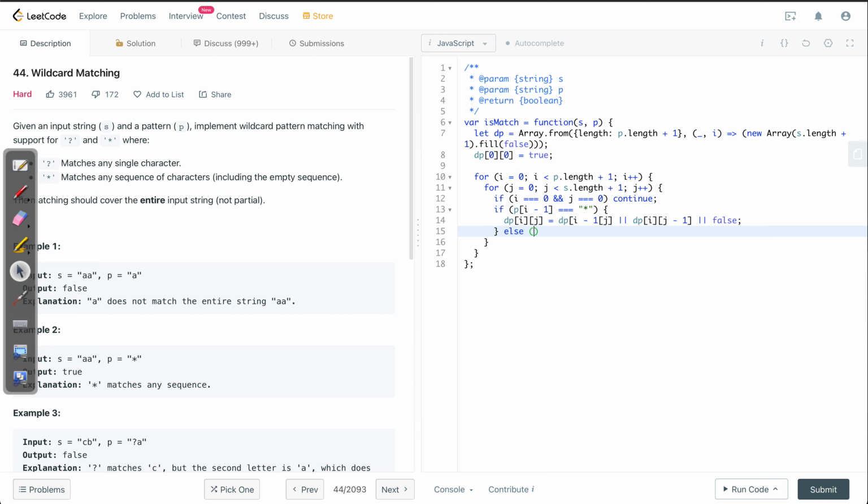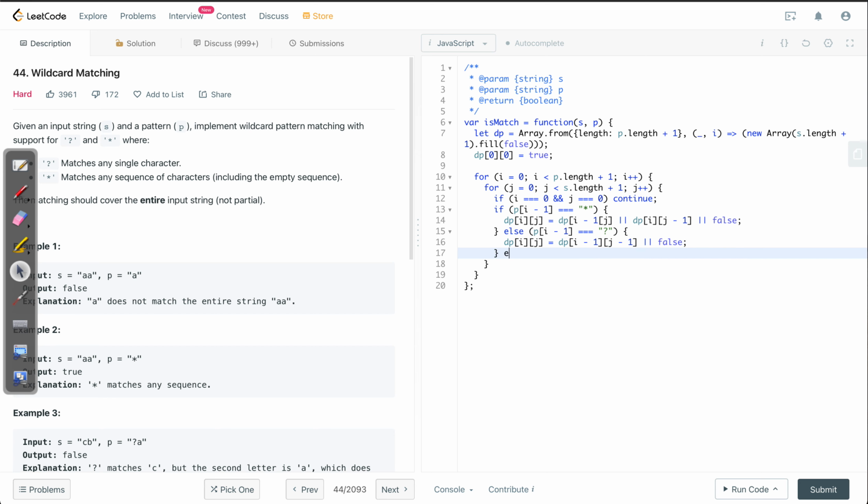Second case where p[i minus 1] is a question mark. So if it is a question mark, then we would go diagonally one cell up. So diagonally one cell up would be dp[i minus 1][j minus 1], or false. False will take care of the corner cases as I just told you.